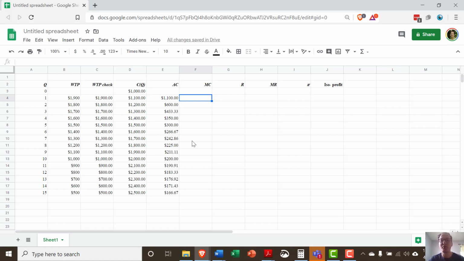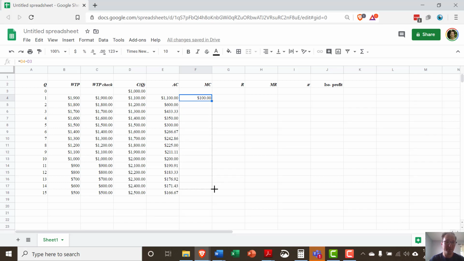But we have an even simpler way to do it in the table. We can always say the marginal cost is just the cost of producing one more unit. Well, the marginal cost, then, you can think of always as the cost of producing any given number of units minus the cost of producing one fewer unit. And we see, it costs $100 on the margin to produce that first unit, right?